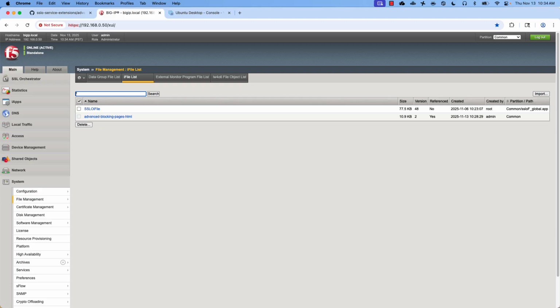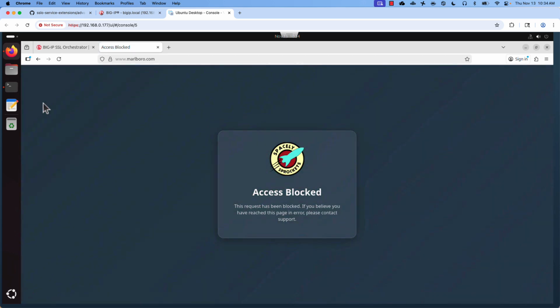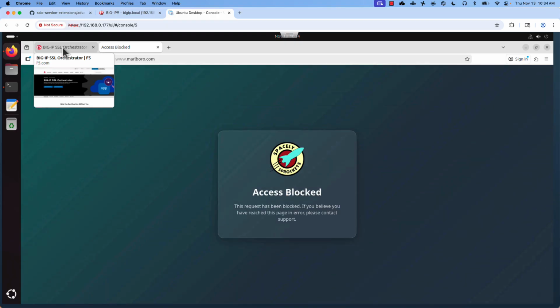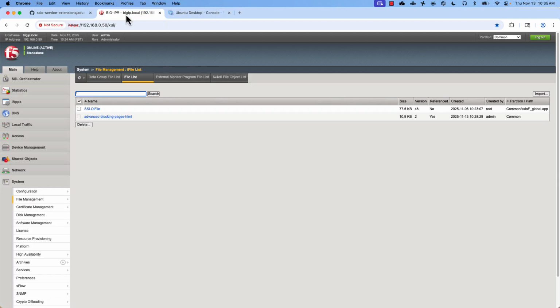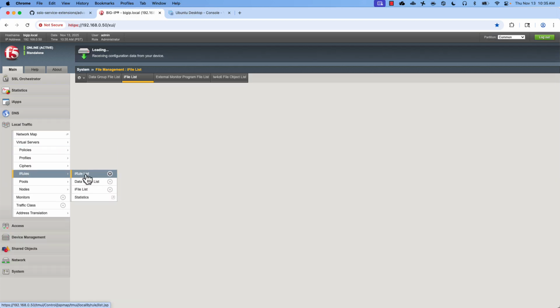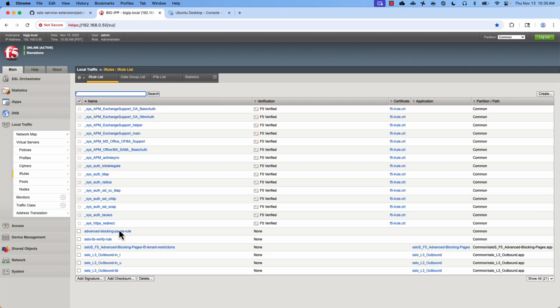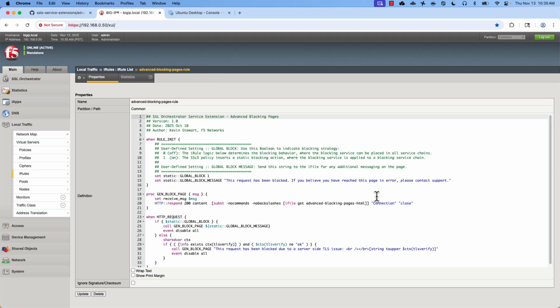Okay. All right, so now let's go back to the client and see what our customized block page looks like now. Oh, look at that. It's a special page with cool graphics and everything like that. And I'll show you one more quick customization that you can do. So if I go back over to the iRule list, and I do that,